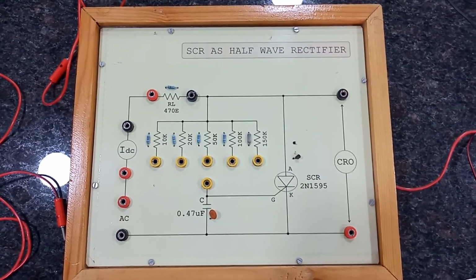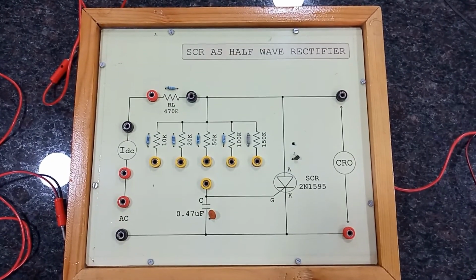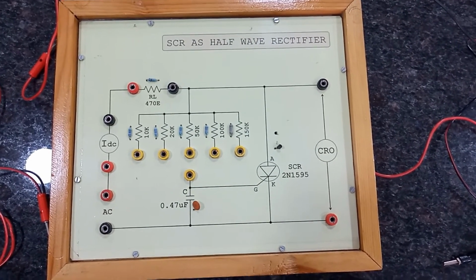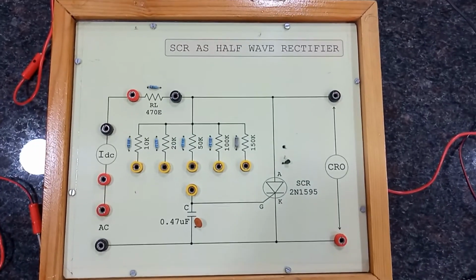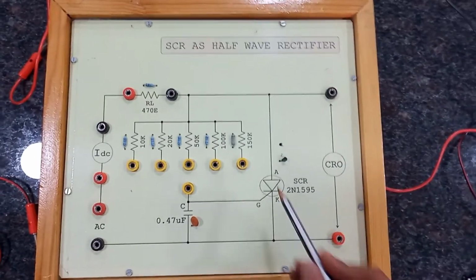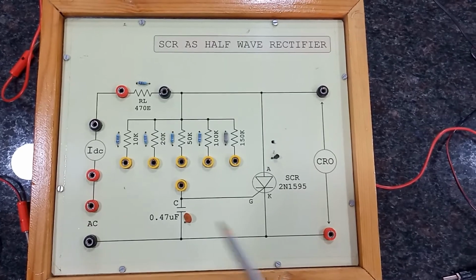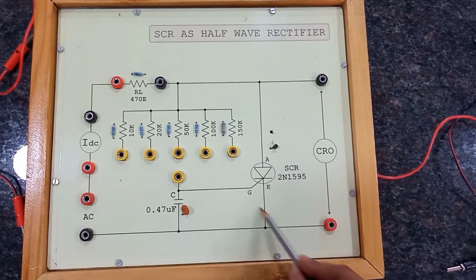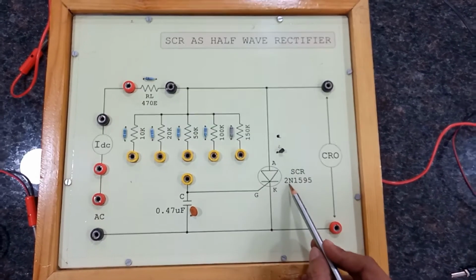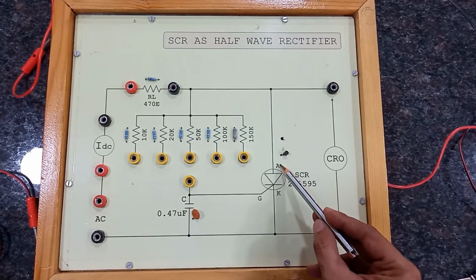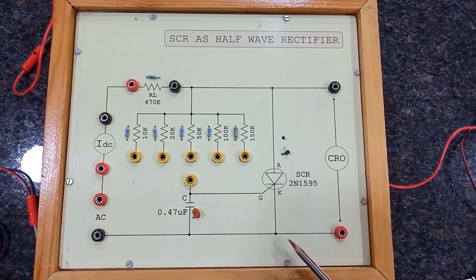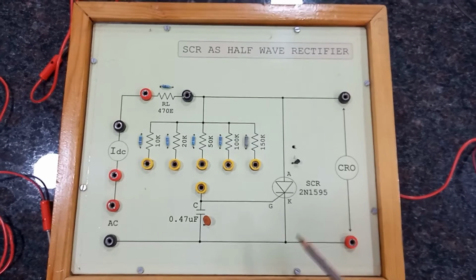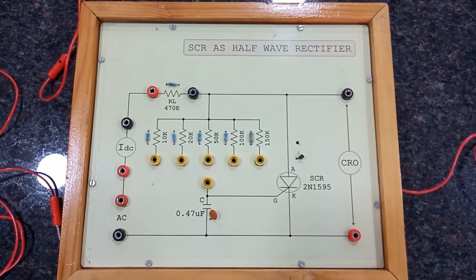Hello everyone, and today we will see SCR half wave as a rectifier. Now this is the circuit diagram of SCR as a half wave rectifier. You can see the SCR is being connected. This is the SCR. This is his serial number. SCR is having anode, cathode, and gate is being connected. CRO is being connected across the anode and cathode to observe the waveform of the conduction angle and firing angle